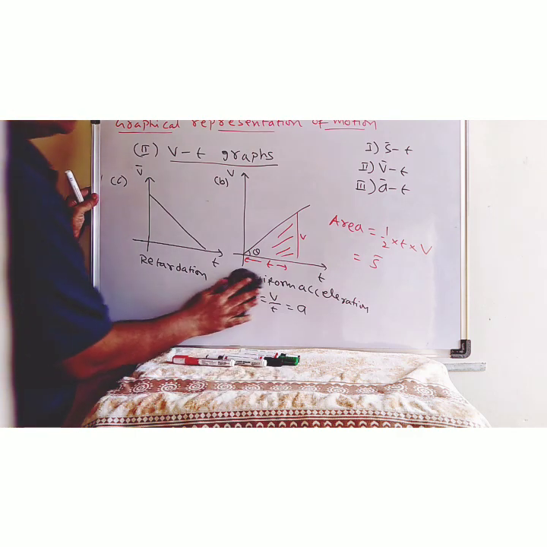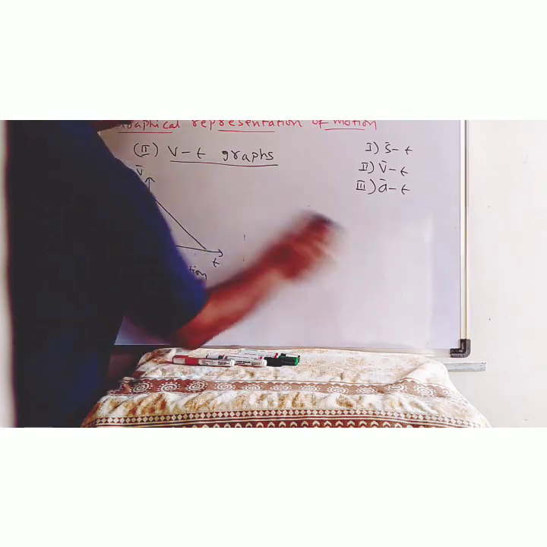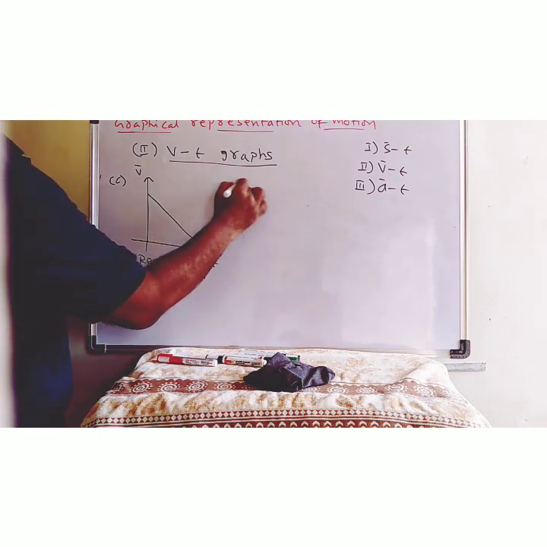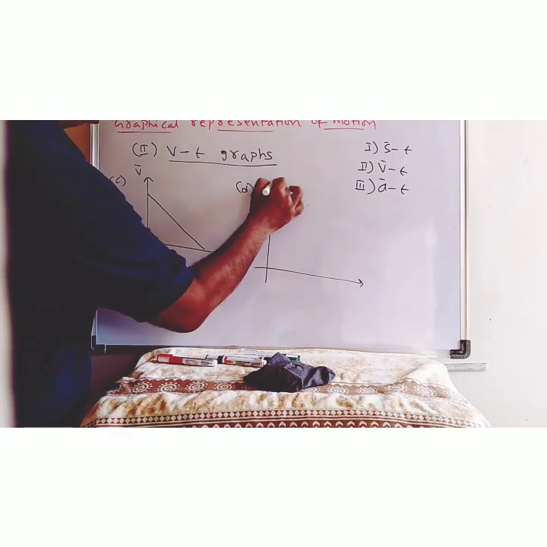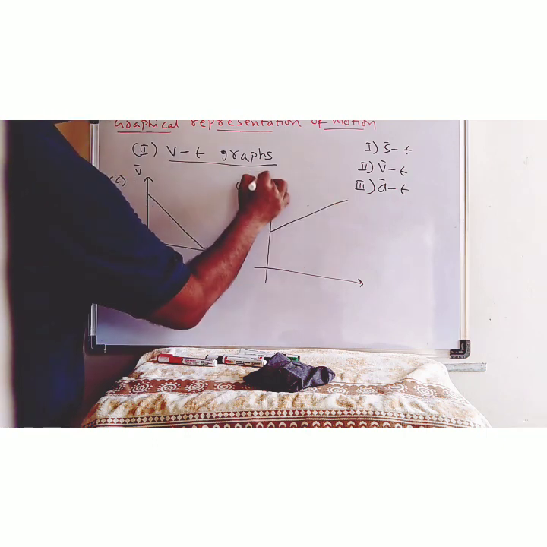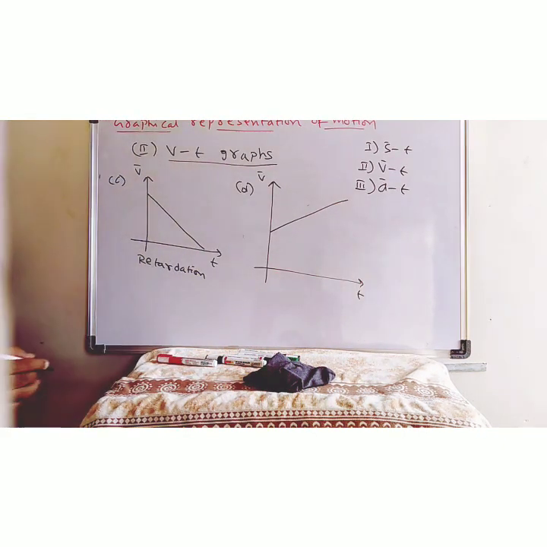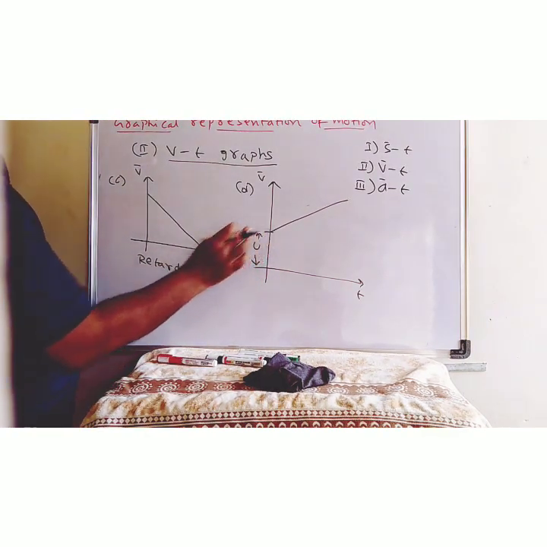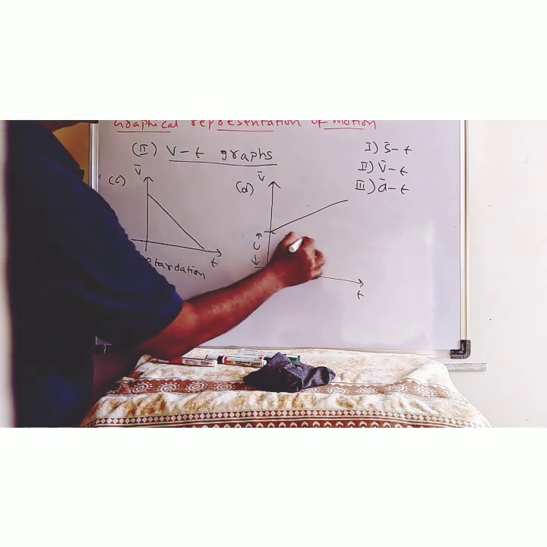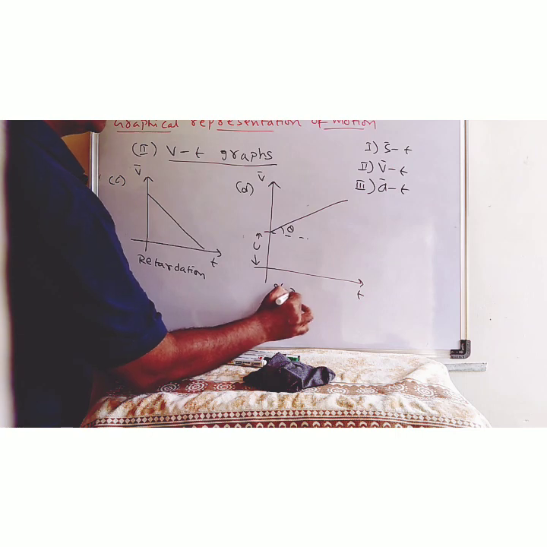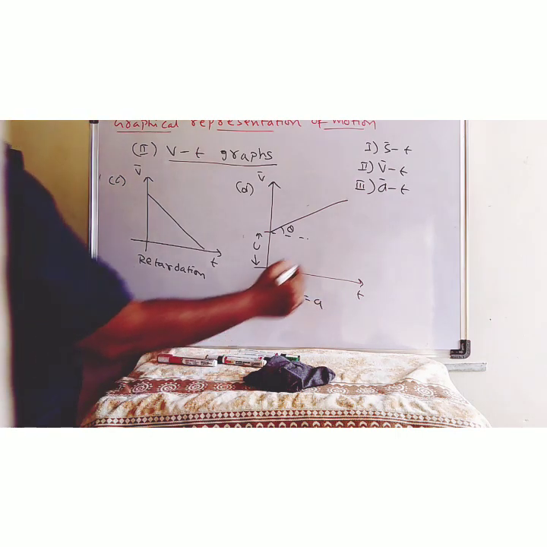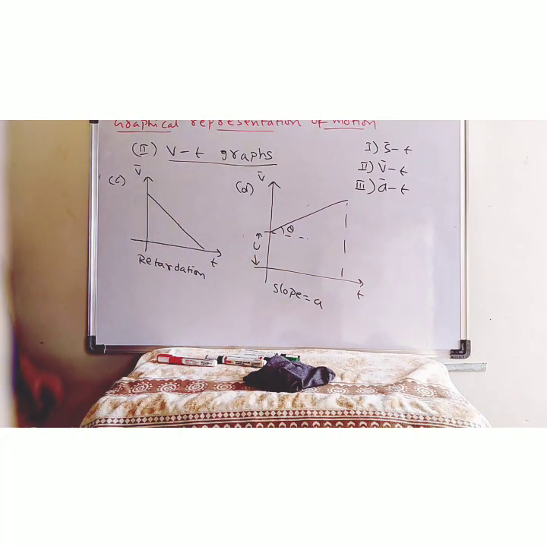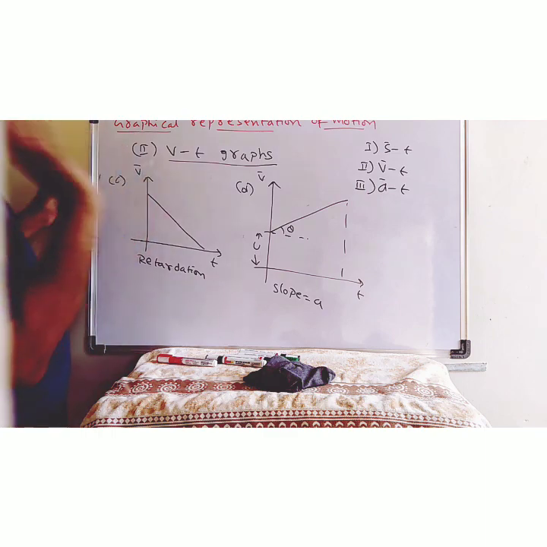Also, let us look at another one. See carefully here. This one is D. Suppose they give a graph like this, a velocity time graph. What is the meaning of this? It means it has some initial velocity u. With an initial velocity u it started, and the slope again shows that it has acceleration. If I have to find the area of this, the area gives the displacement. Are you following what I am saying? So these are velocity time graphs.